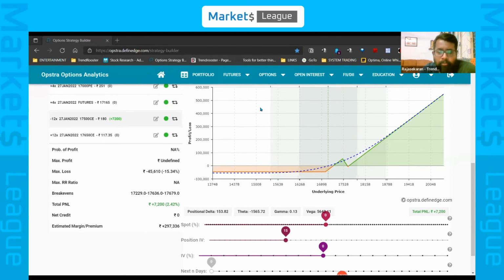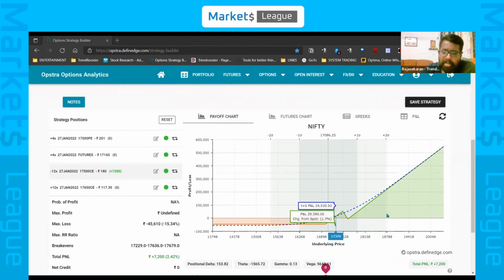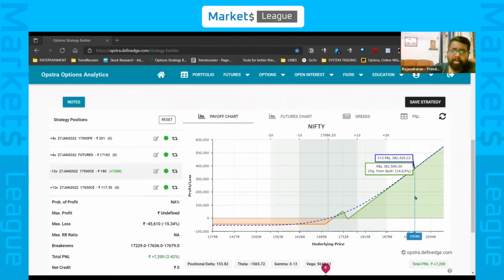Okay, perfect. This is a wonderful method. You guys can implement it. This is not just a hedge. Say, for example, you are bullish on maybe Tata Motors or ITC or something. You can do this kind of structure, so that is a proper structure where you have a defined, minimal loss and you have unlimited